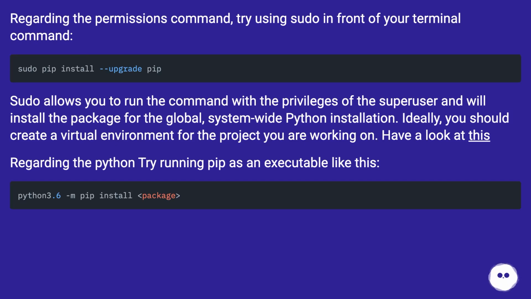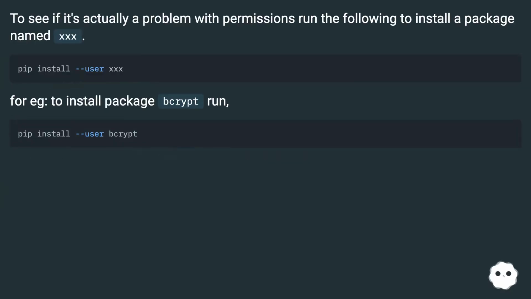Regarding the Python, try running pip as an executable like this. To see if it's actually a problem with permissions, run the following to install a package named XXX. For example, to install package bcrypt run,